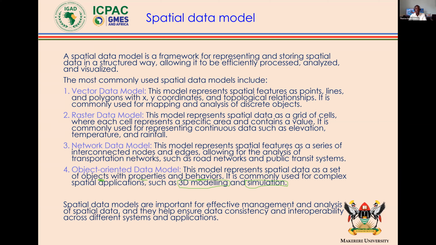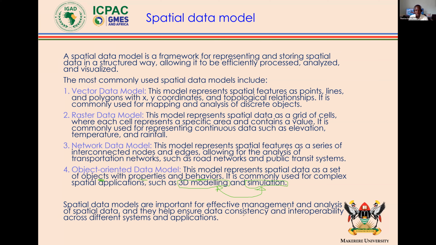So the gentleman who asked about artificial intelligence and machine learning, these are components that come into play when you're using these two important data applications. So finally, spatial data models are important for effective management and analysis of spatial data, and they help